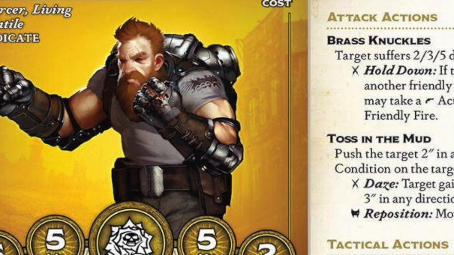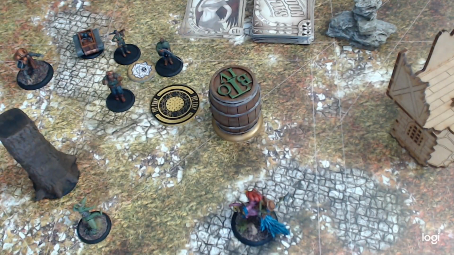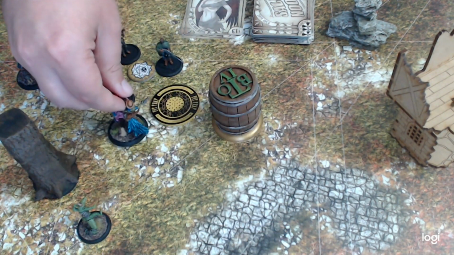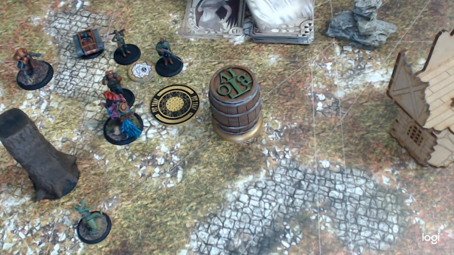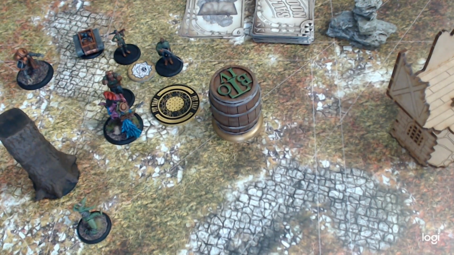I did want to go back to the Brawler just for one second. There is a trigger on here that I want to make sure people are aware of. So there's the ability on the Brawler when it gets attacked, and this is defense, so this is a defensive resist trigger. So it's going to get attacked,